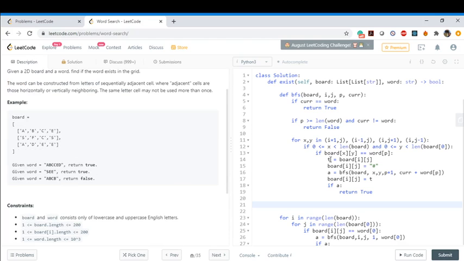So what would be the runtime complexity of this algorithm? First of all, we are going to loop m cross n, so that is always there. And we are also going to loop for the number of elements that we find in a word, so it is the length of the word. So the runtime complexity would be n cross m, where n and m are the length of rows and columns, multiplied by the length of the word. The space complexity should be O of n, where n is the length of the word,